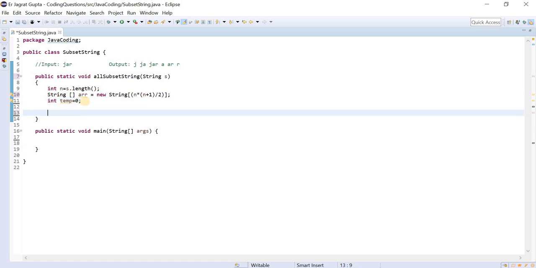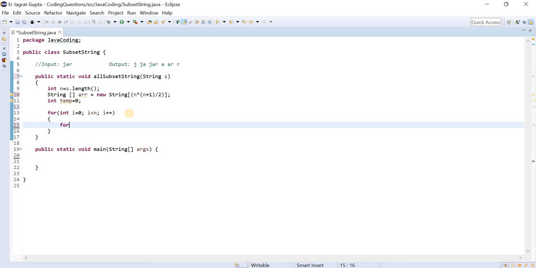Now I will apply the for loop. So for int i equal to 0, i less than n, that is the length of the string, and i plus plus. This is the first for loop. The second for loop we will apply for j, so j is equal to i.